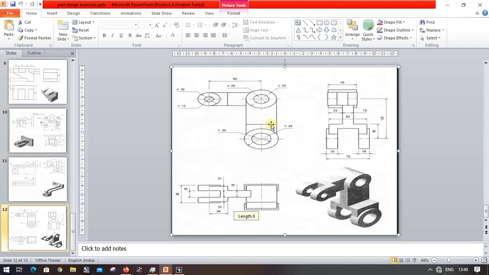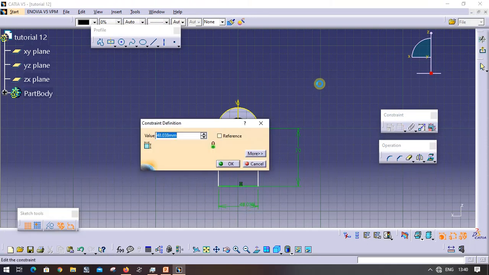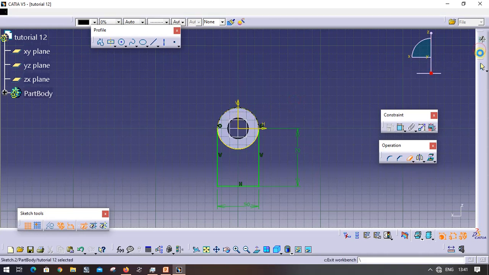The thickness of this is going to be 50. Now select quick trim and trim this upper half of the projected circle.